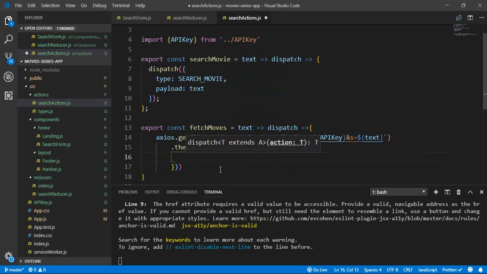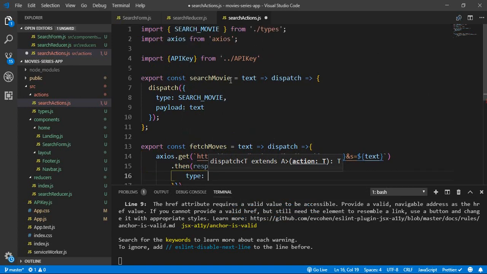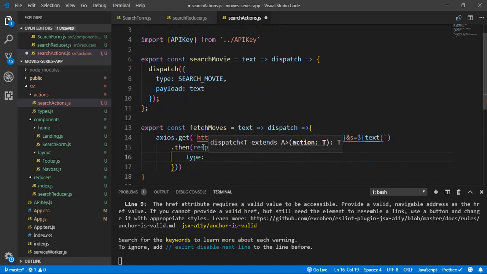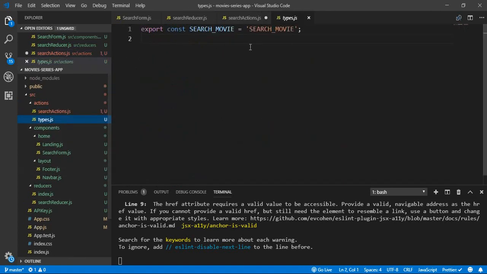And for dispatch we have a type which will be fetch movies. So let's go ahead and first go to the types